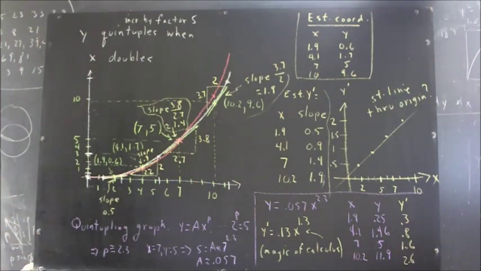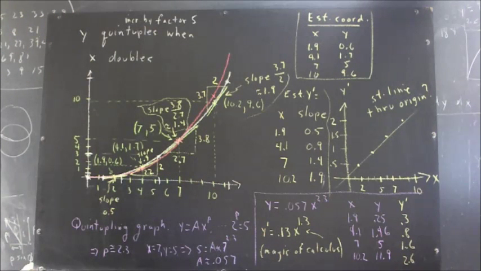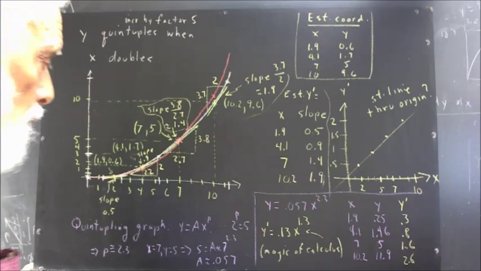Now, a little additional information. This completes what was requested on the problem, but let's put this into some more context. Okay, the quintupling graph would be of the form y equals ax to the p, and